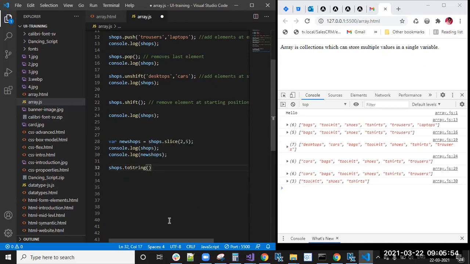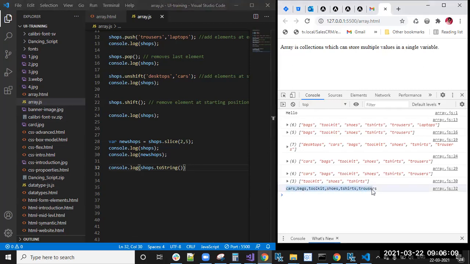What I'm doing is console.log. Then you will get cars, bags, toolkit, shoes, t-shirts, trousers. All array elements are converted into a string.